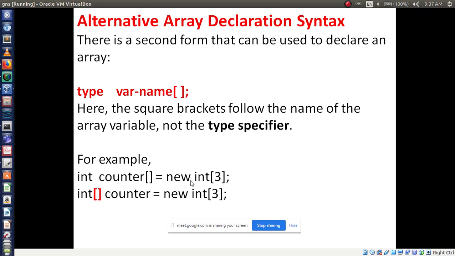This kind of syntax we have already learned, right? Also we can declare this same array in this way: int, then the square brackets followed by counter, that is the array name, is equal to new int 3, that is the array size. So alternative array declaration is also possible.